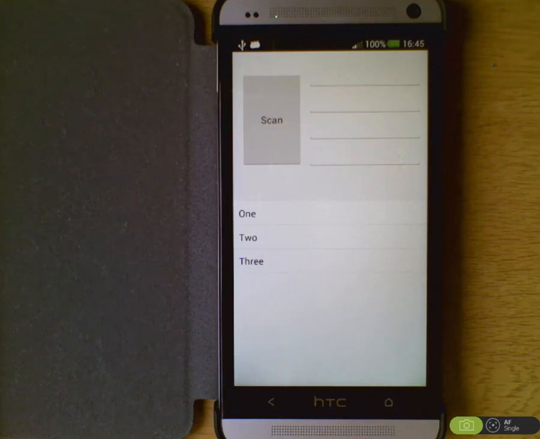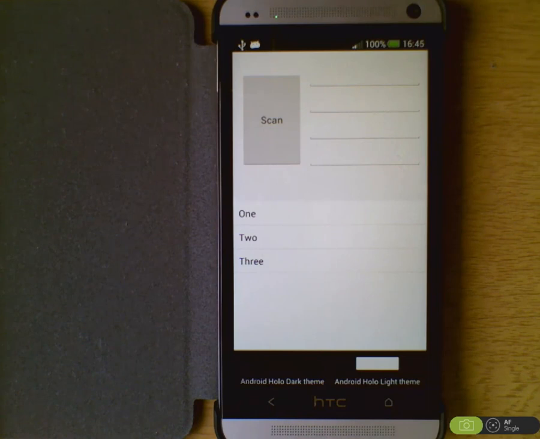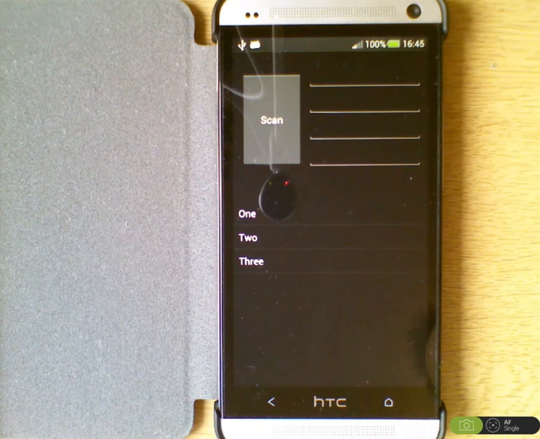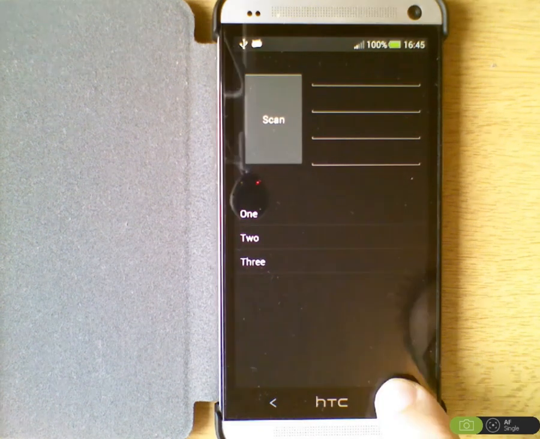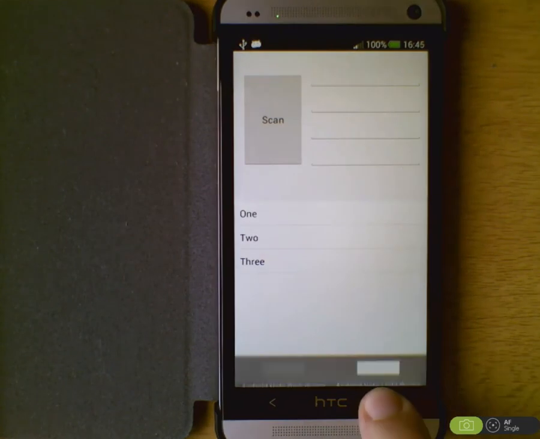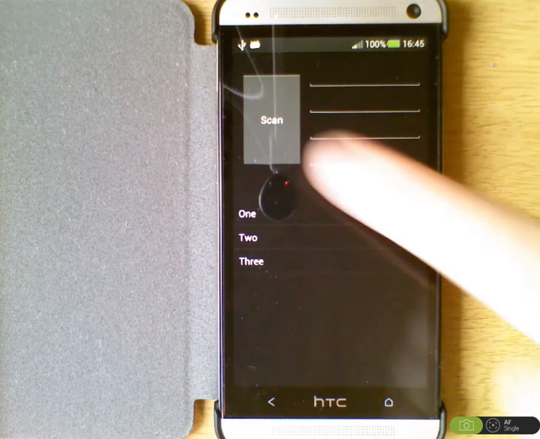So, firstly, let's check out the menu. Hold down my menu button. I've got a couple of menus which allow me to switch between dark and light themes. So if I switch over to the dark theme, that gives me the Android Holo dark equivalent, and switching back to the light theme, right, as you can see, so just once more for good measure. So there we go, switching backwards and forwards through the styles using a couple of native Android menus,